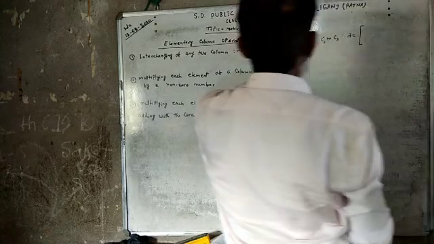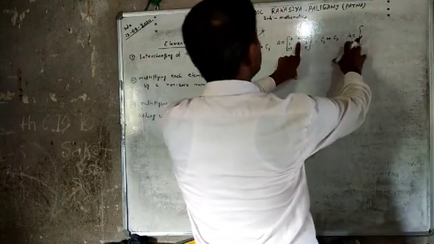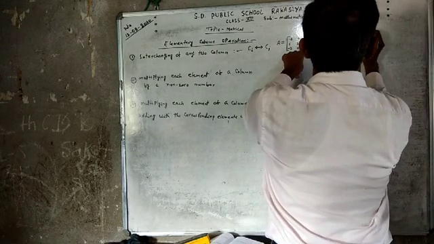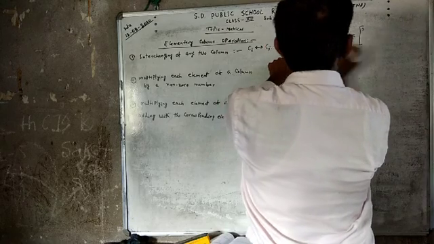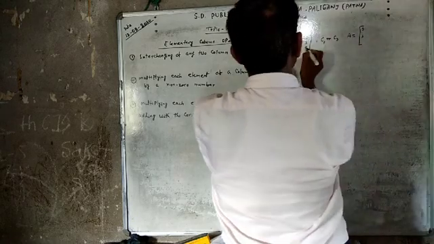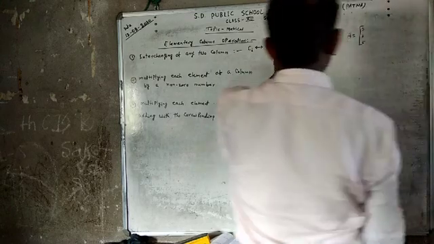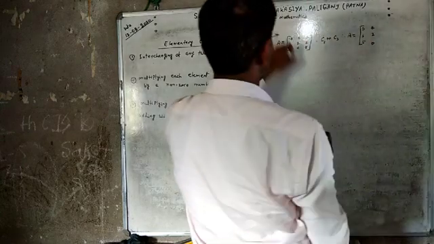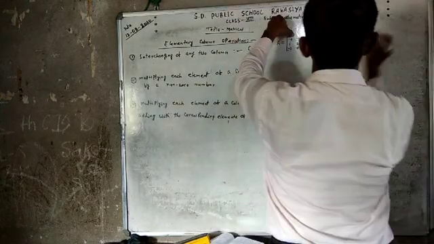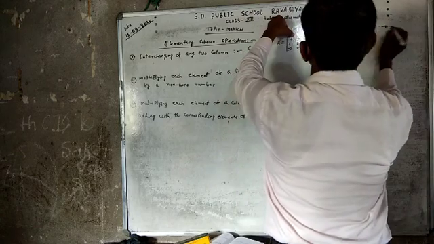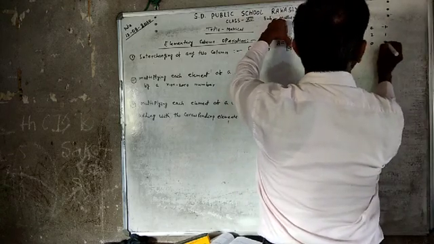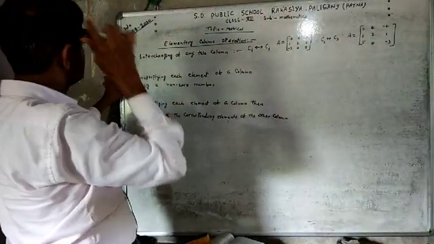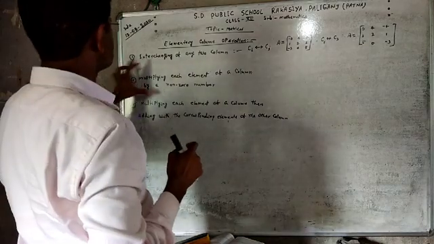Interchange. Then by interchanging, we can write the matrix A: in place of -4 we can write 0, in place of 1 we can write 3, and in place of -3 we can write 5. The second column is not changed: 4, 2, and 0. And the first column is changed with the first column, meaning -4, 1, and -3. This operation is complete. Now we discuss the second operation.